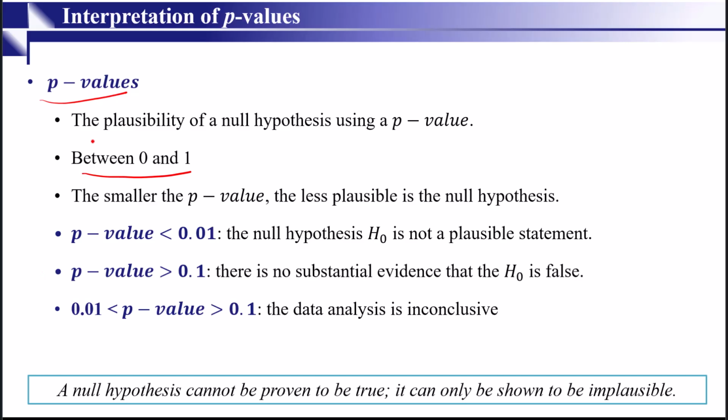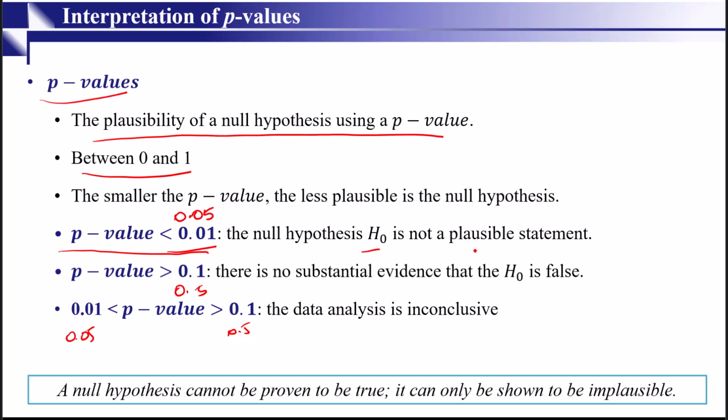So we check the plausibility of a null hypothesis using the p-value, right? The smaller the p-value, the less plausible the null hypothesis is. So we have a threshold. In some references, they consider it as 0.01. In some other references, it's less restrictive, and they consider 0.05 or 0.1, right? So both are okay. Then when the p-value is less than 0.01 or 0.05, the null hypothesis H0 is not a plausible statement. In this case, we will reject H0